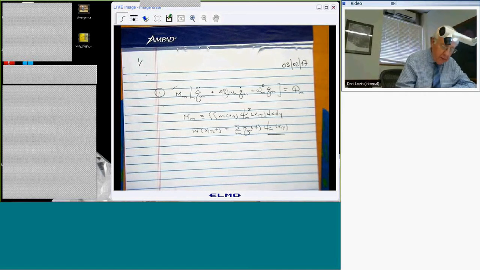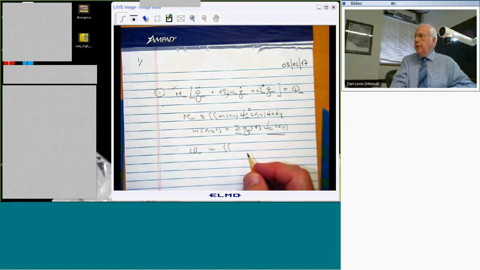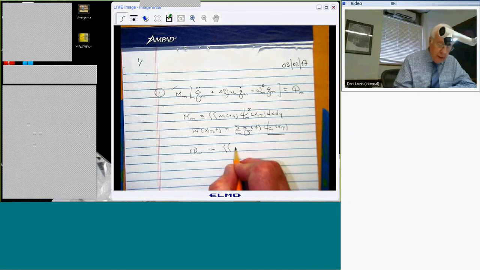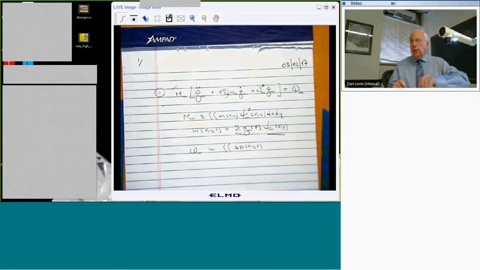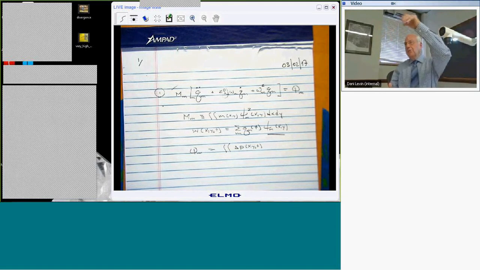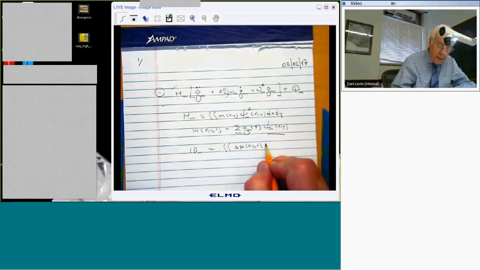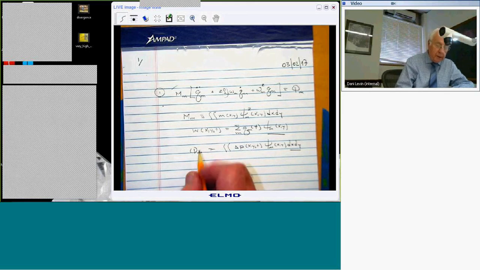Okay, now the Q sub m are the generalized forces, and in our case, they're due to the aerodynamic loading. They're due to an aerodynamic pressure acting on the structure. I'm going to call it delta P, which of course in general depends on x, y, and t. Delta P because there's a pressure on the top of the wing, and there's a pressure on the bottom of the wing, and this is the pressure difference across the wing, times these eigenmodes, dx dy. And since we're integrating with respect to dx dy, by the time we do the integral, these Q's only depend on time, right?